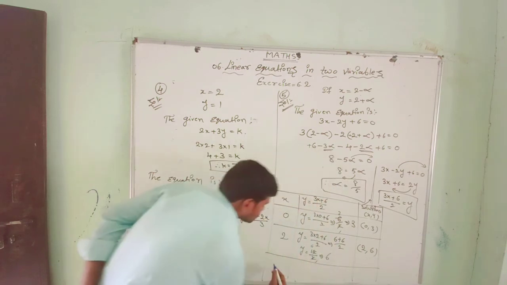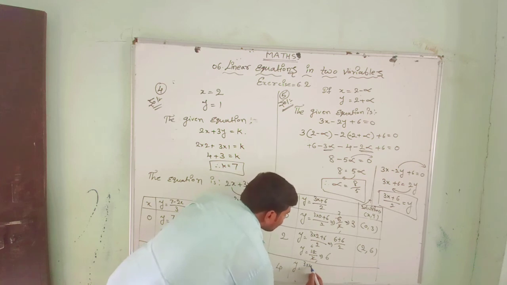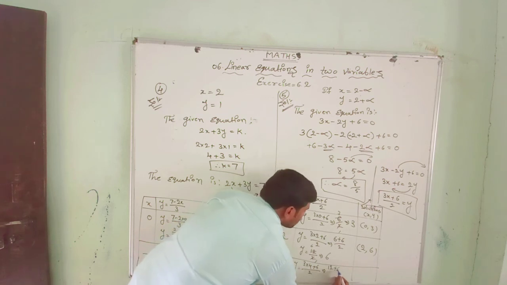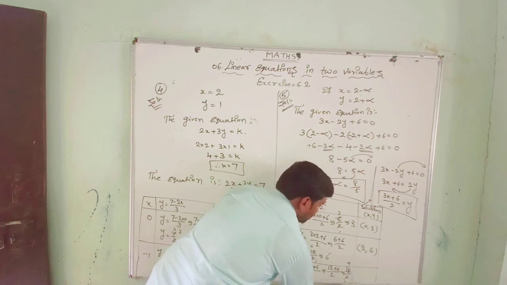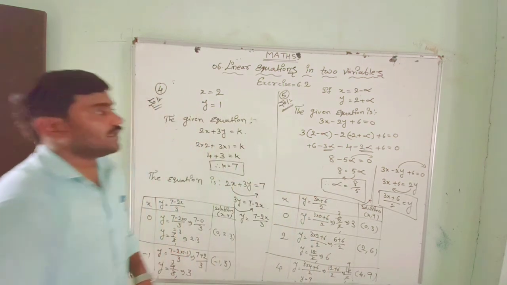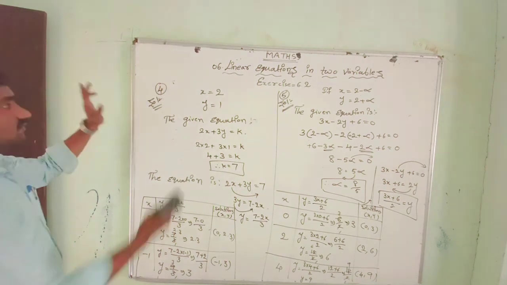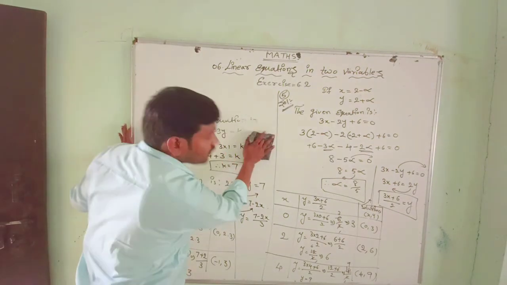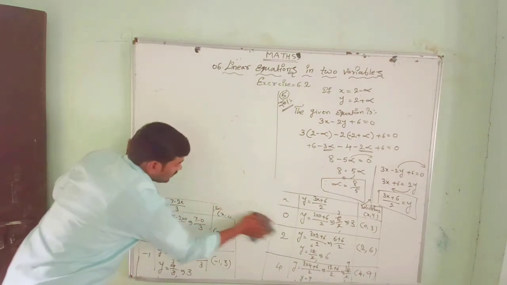Similarly, we can also find out the third solution. Let us assume x is 4. What happens? Y equal to (3 into 4 plus 6) by 2. 3 fours are 12. 12 plus 6 is 18, so 18 by 2, which is nothing but 9. Then y equal to 9. Where x is 4, the y value is 9. See the solutions. We got 3 more solutions of the given equation. Next, we have 2 more questions. Let us solve those 2 also.